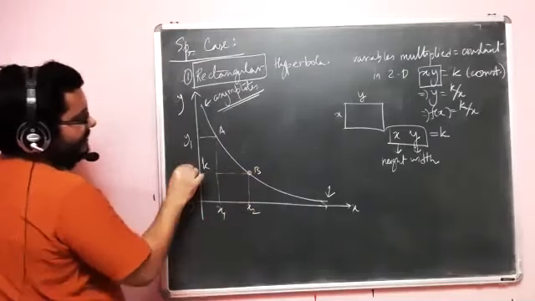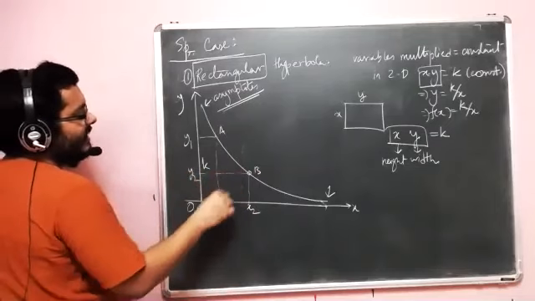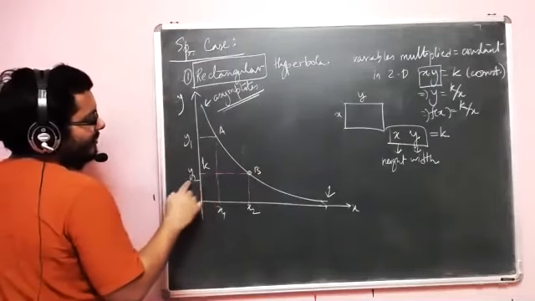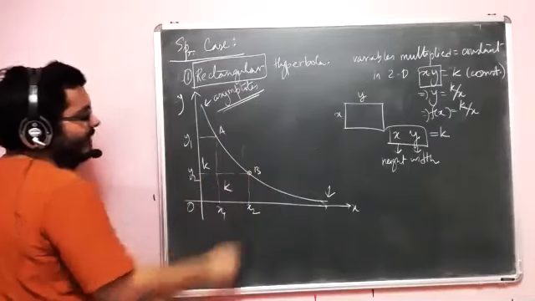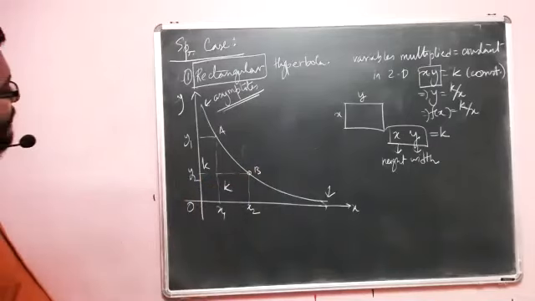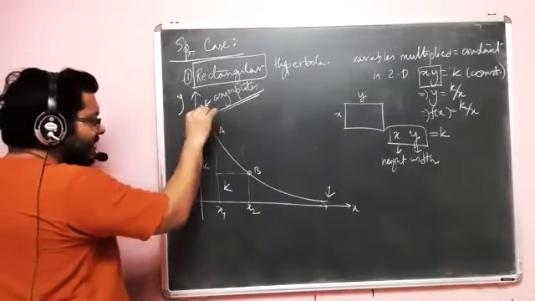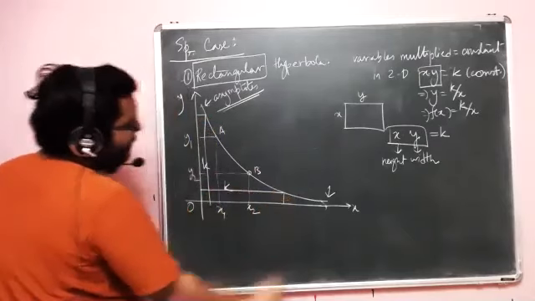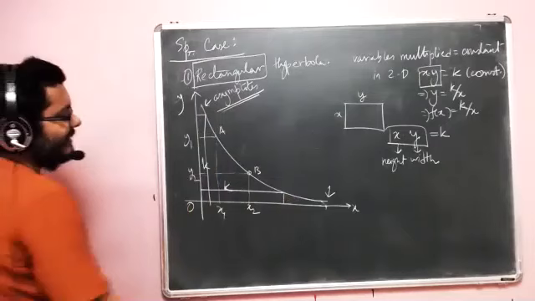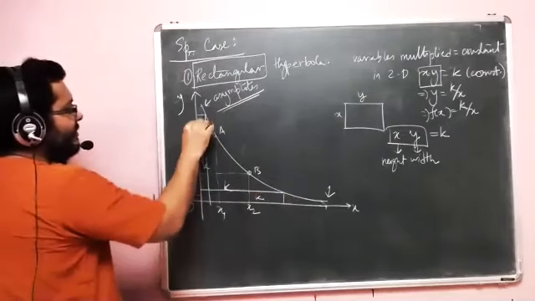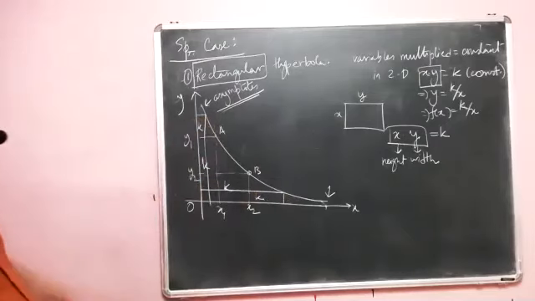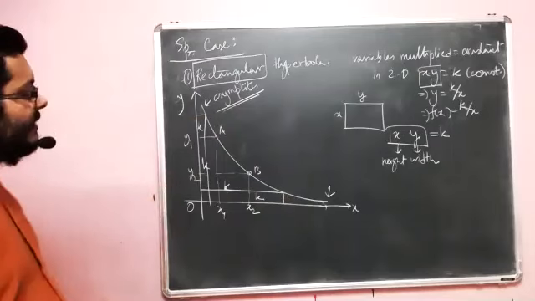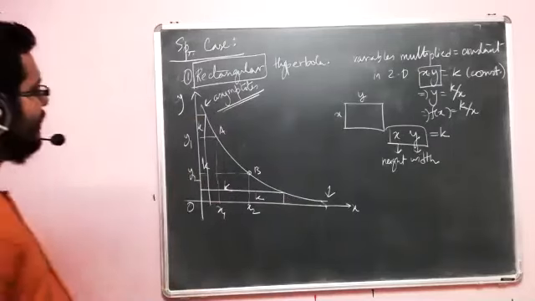So here is x2 and y2. The area under x2, y2 is also the same, which is k. It is called a rectangular hyperbola because if you take any rectangle drawn from a point on the curve, the area of that rectangle will always be the same. It will be k. So this is why it is called a rectangular hyperbola, and its shape is this.